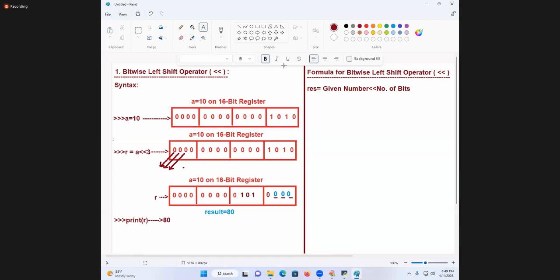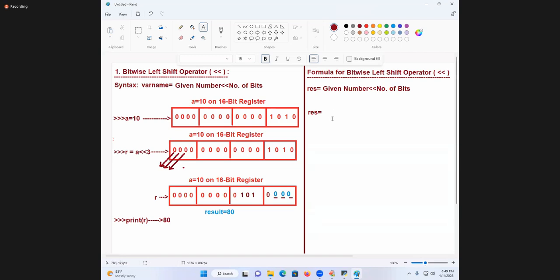Variable name is equal to this formula. On the left side, I'll write the variable name, is equal to. Now, what is the formula for this shortcut? Result is equal to